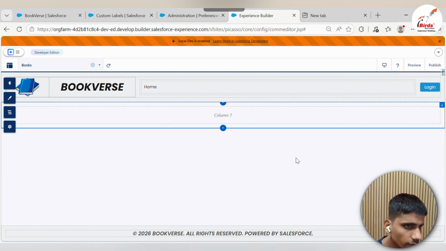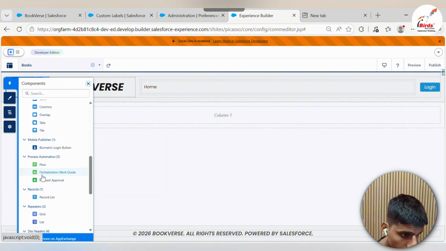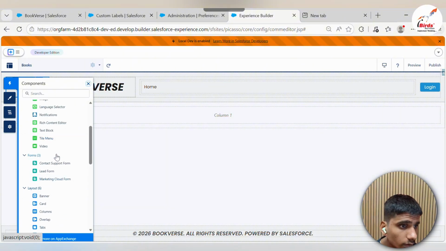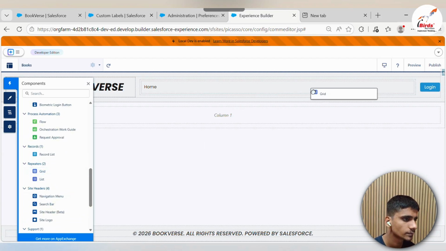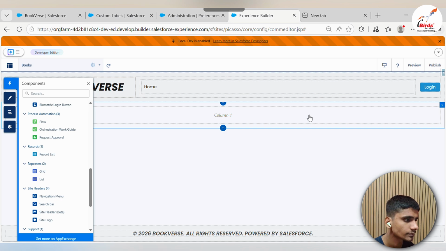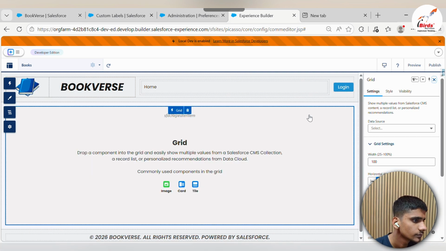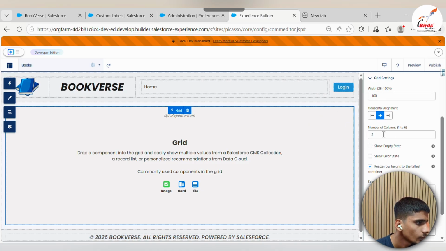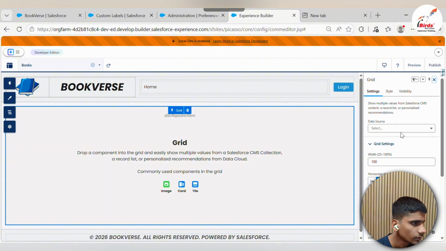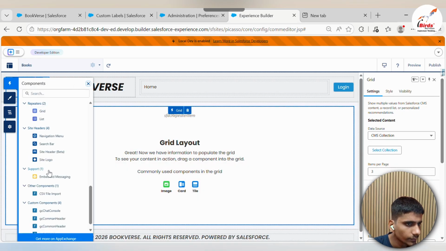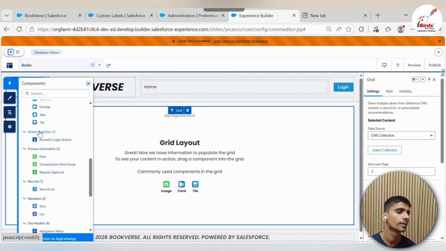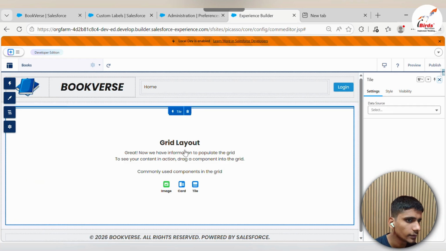For that, something where I can put my CMS content. For that, what about grid? Let's put the grid here. I want to show my CMS collection, and here I want to show it as cards. Now here, after selecting this,